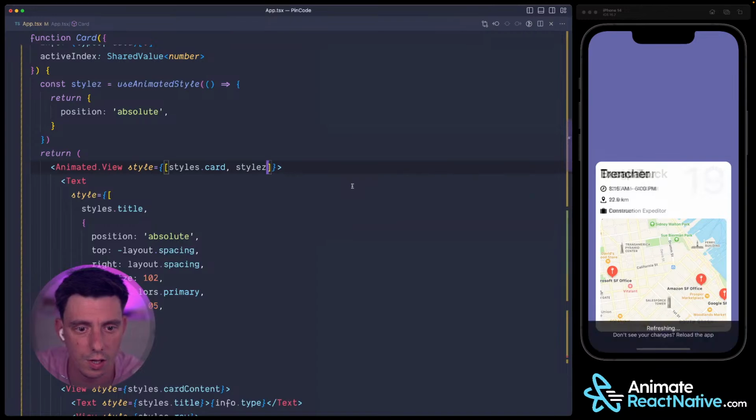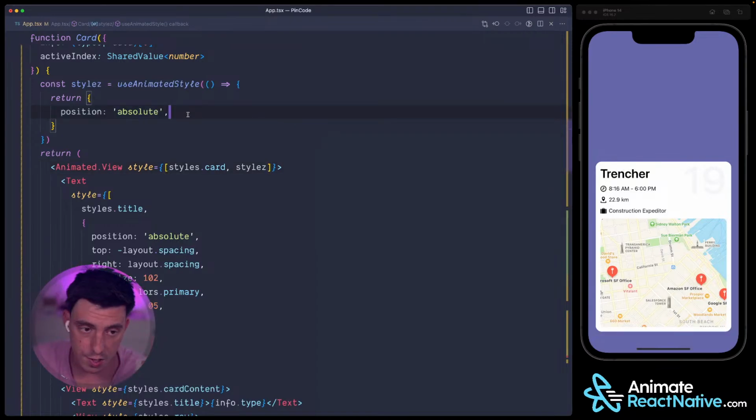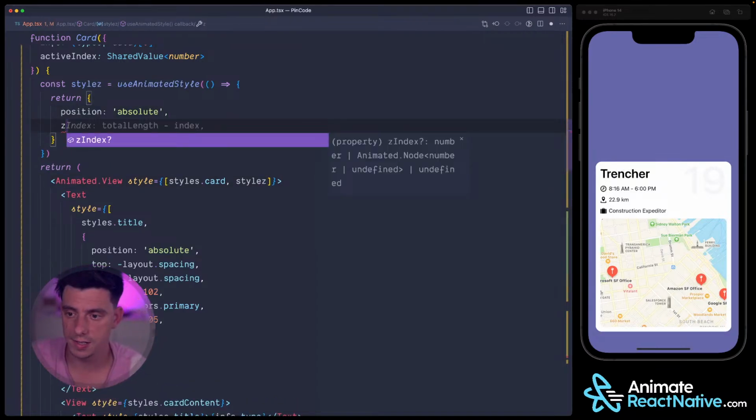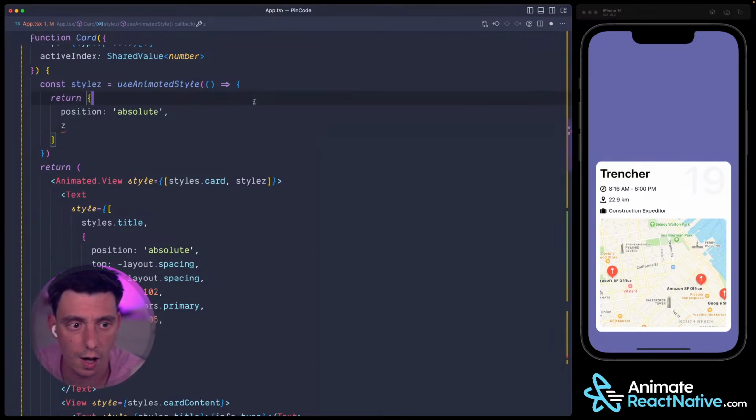So now we have some styling, and first of all I would like to modify the z-index, because you see, after applying a position absolute, the first visible item is actually the last item from the list, because z-index is going to increase based on how deep you are inside the tree, right? So we would like to kind of revert the order using